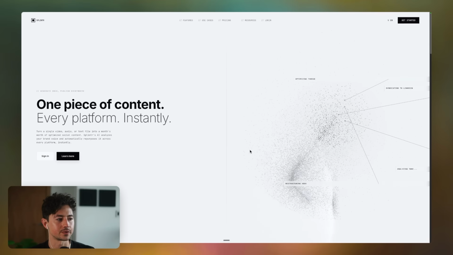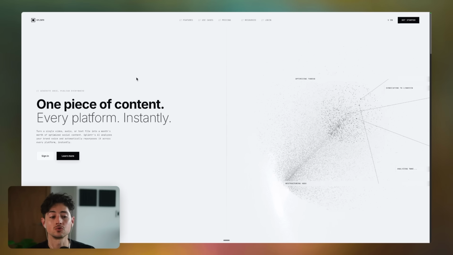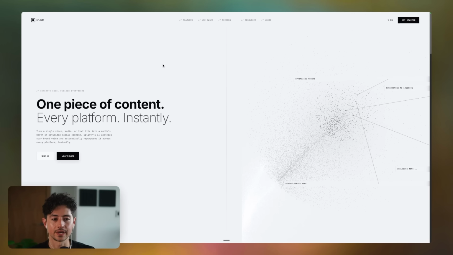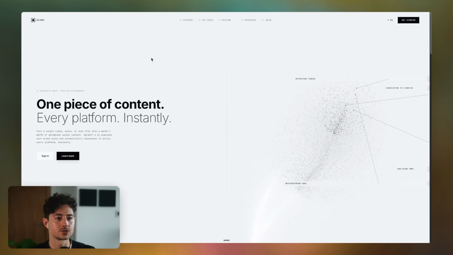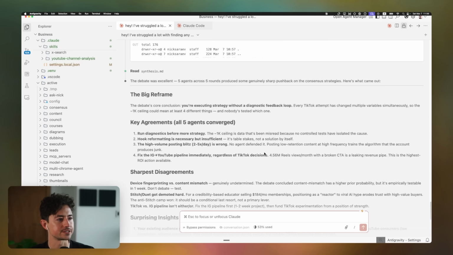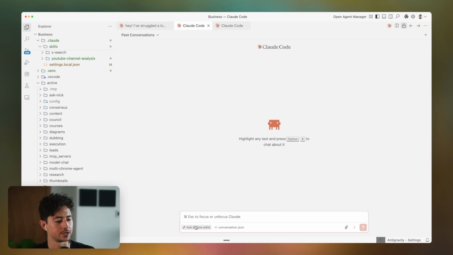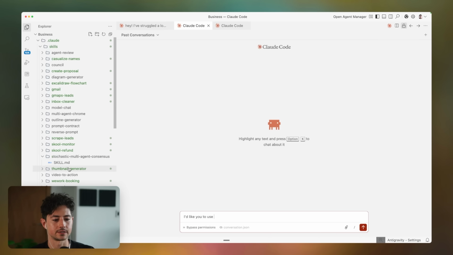And so what I want to do is use this app to show you guys how an unbiased code reviewer would take a look at the code that a previous agent had written, in this case Gemini, and improve it. So what I'm going to do is go find this repo. Okay, and I found it over here. It's in the Splinter repository. That makes sense. I'm just going to open up a new Claude Code instance. And then down over here, I'm going to say, I'd like you to use, and I just need to make sure I know what the skill is called, agent review on the Splinter repo.